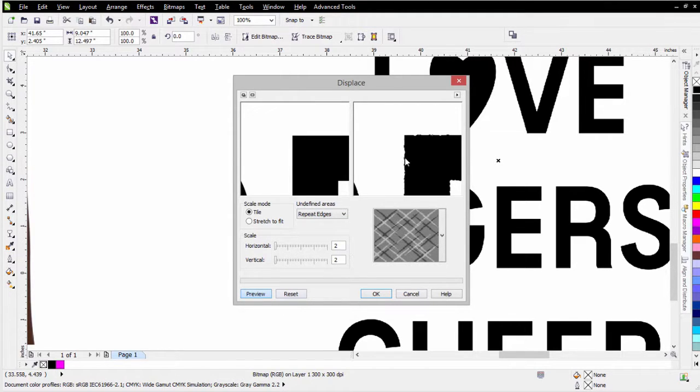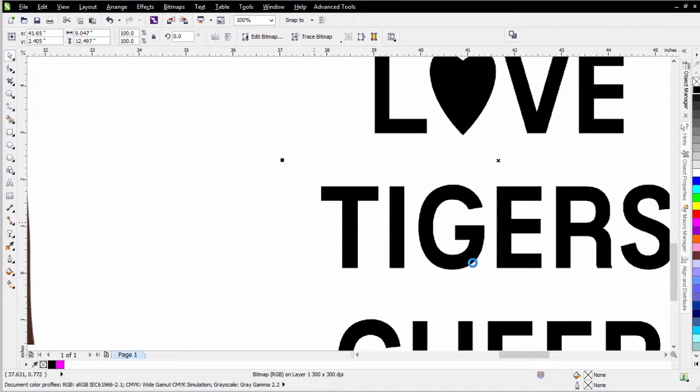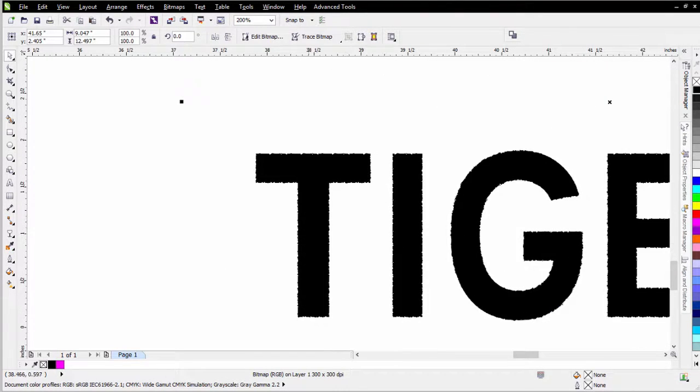And you can see we got this at 2 and 2, and that offsets that. Now I can adjust this if I wanted more effect. I could go with like 6 and 6, and you can see that's much more of an effect, but I'll go with 2 and 2 for now because I just want a soft effect on that. Maybe 3 and 3. I think that'll work pretty good. And that's just to roughen that up and grunge that up a little bit, kind of like setting us up